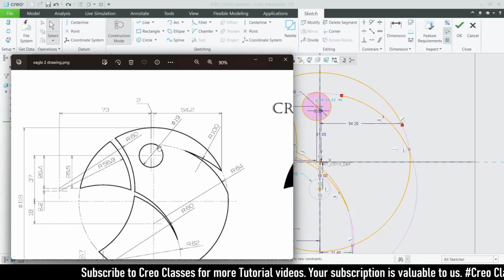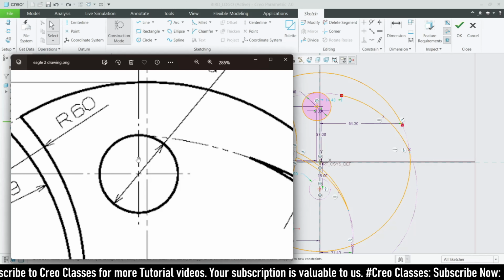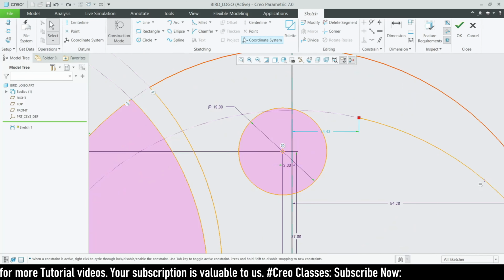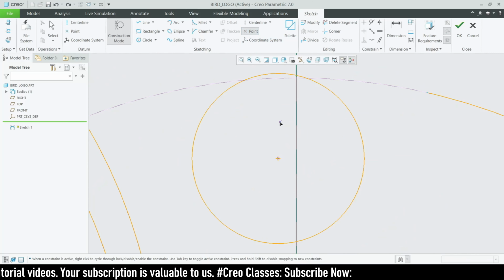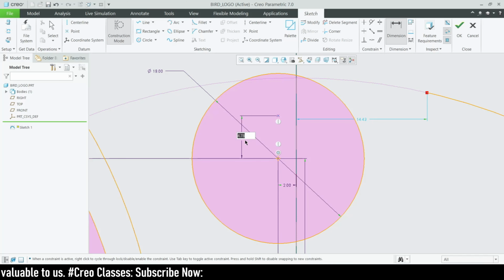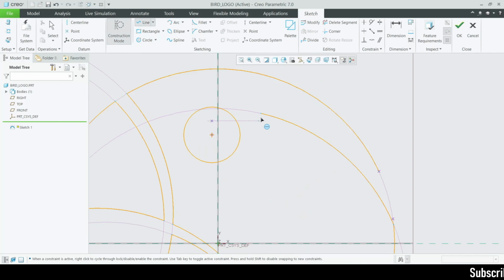But instead of that, we can see between these two that this line has an ending. So let me just place a point somewhere like this, and the dimension from here till here will be 19 divided by 2, and then this value divided by 2, that will be the center point here. So let's draw a constructive line